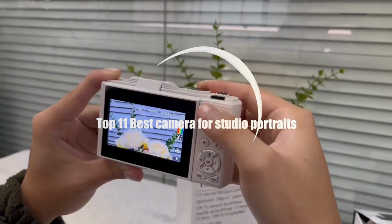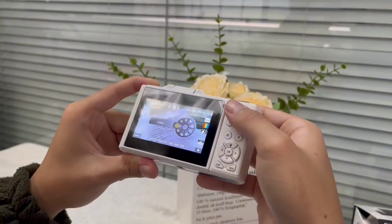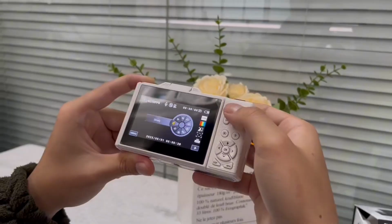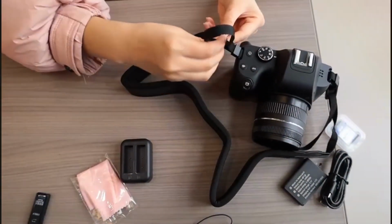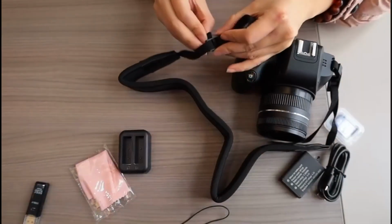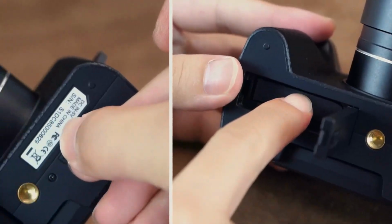Today, I'm breaking down the top 11 best cameras for studio portraits, perfect for creators, photographers, and anyone ready to level up image quality. Whether you're shooting professional headshots, creative portraits, or content for clients, this list covers powerful options available on Amazon. I'll walk you through features, performance, and who each camera is best for so you can choose